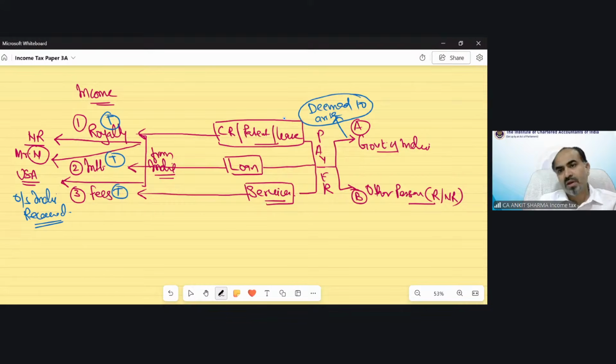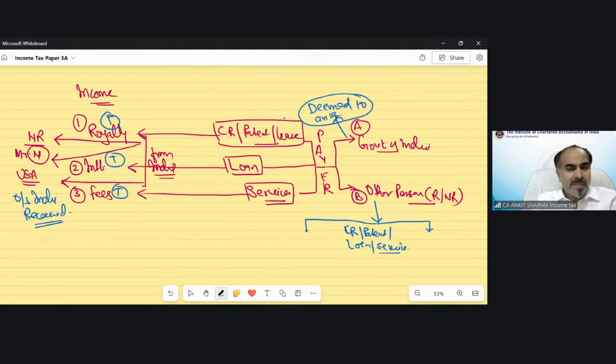Now suppose that is not government, but the payment has been made by another person, whether resident or non-resident. Now there could be 2 situations. If that copyright, patent, loan, or services